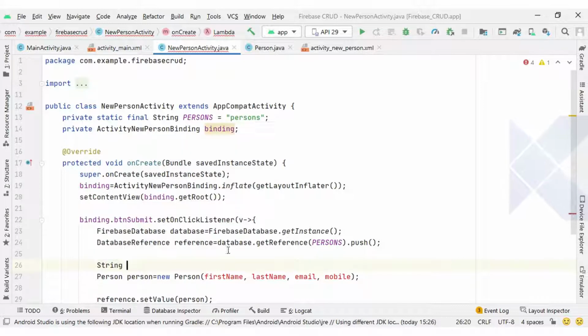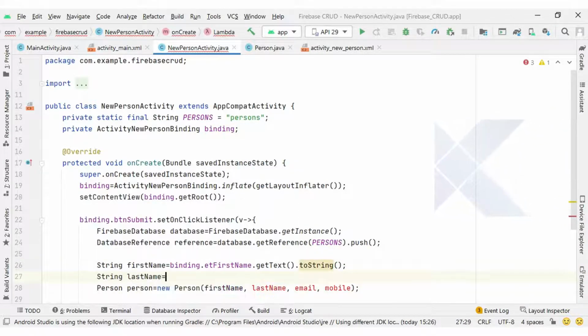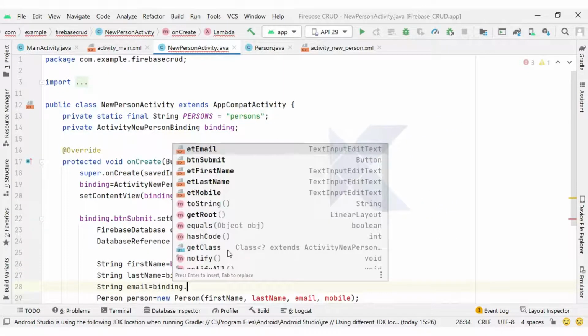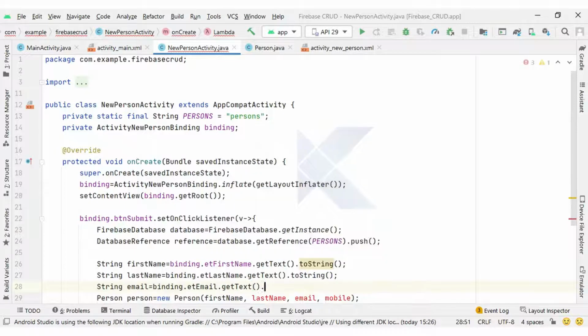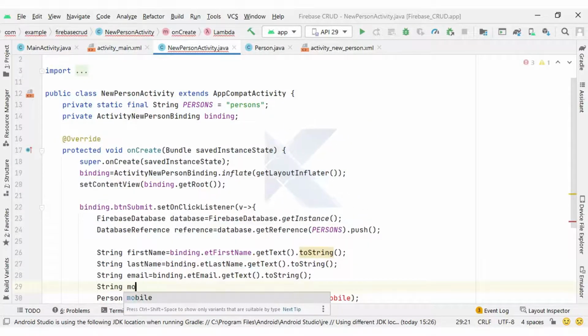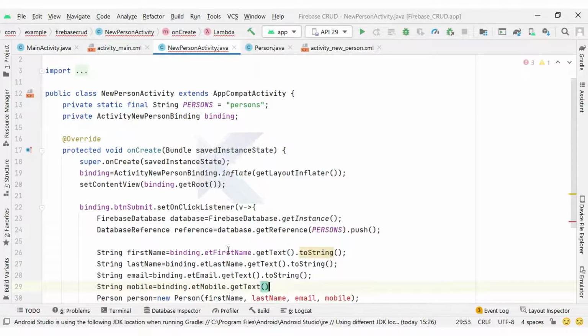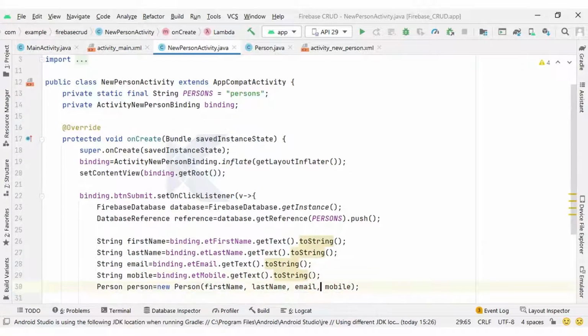So here I will have first name equal to binding dot et first name dot get text toString, and similarly I will make the other data ready. Okay, so guys, I have all the data ready from my edit text.